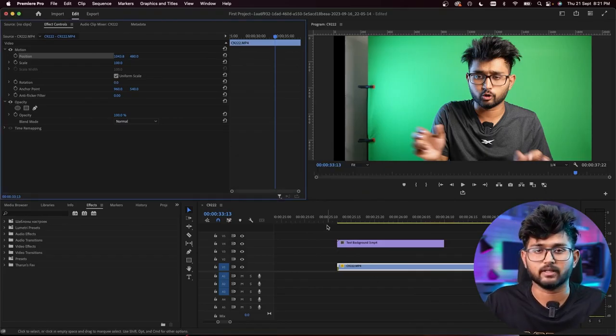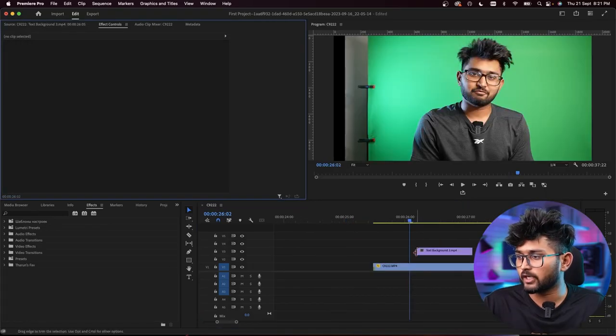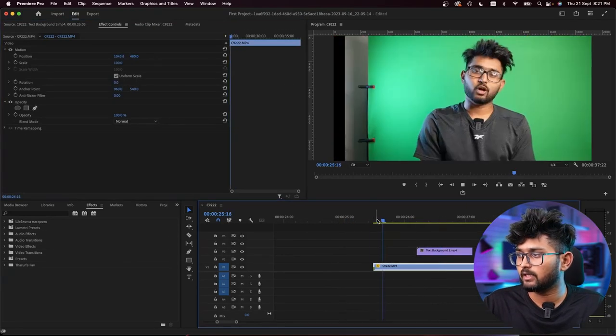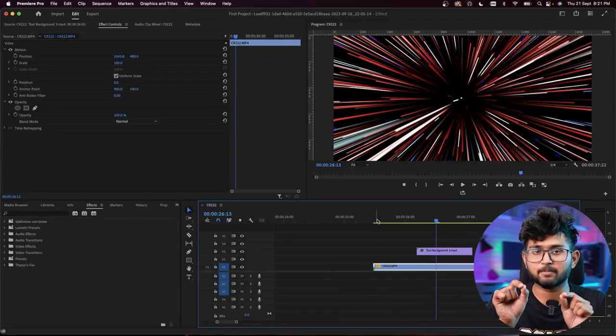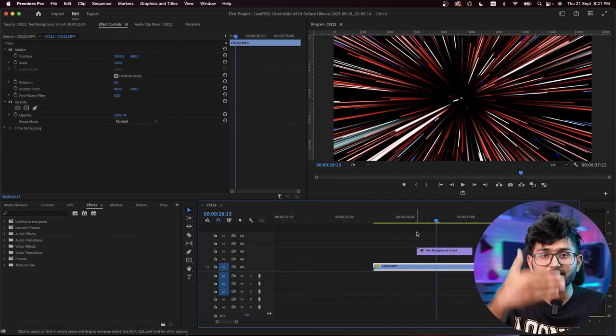So what is the use of this? One of the best test cases for this: imagine Tarun is talking here. You had this text background added, but it just directly pops into the screen. So I'll try to keyframe animate the position of this text background. You see the smooth effects which are coming?